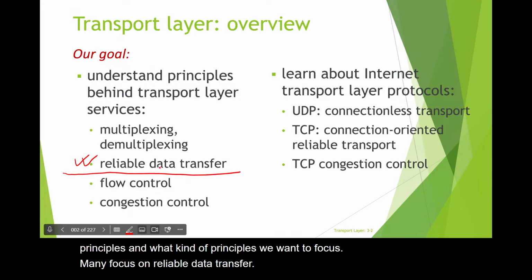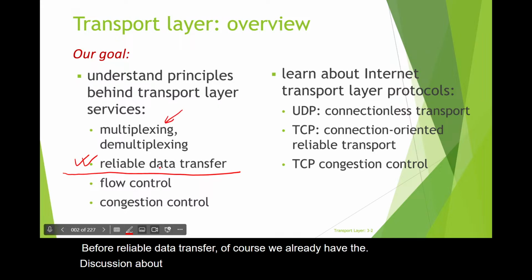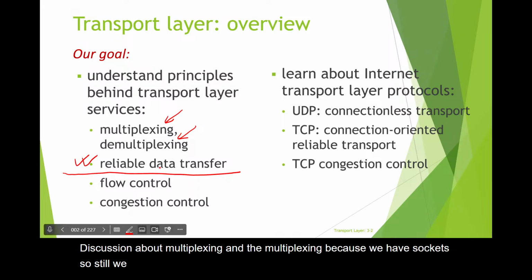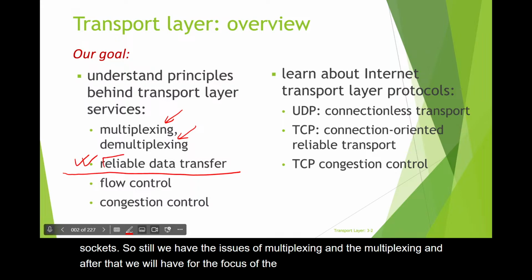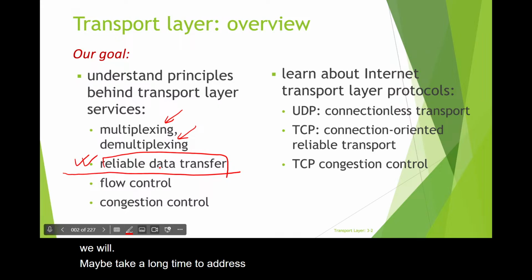Before reliable data transfer, of course, we will have the discussion about multiplexing and demultiplexing, because we have circuits. So we still have the issues of multiplexing and demultiplexing. And after that, we will have the focus of the chapter, reliable data transfer, and we will maybe take a long time to address it.